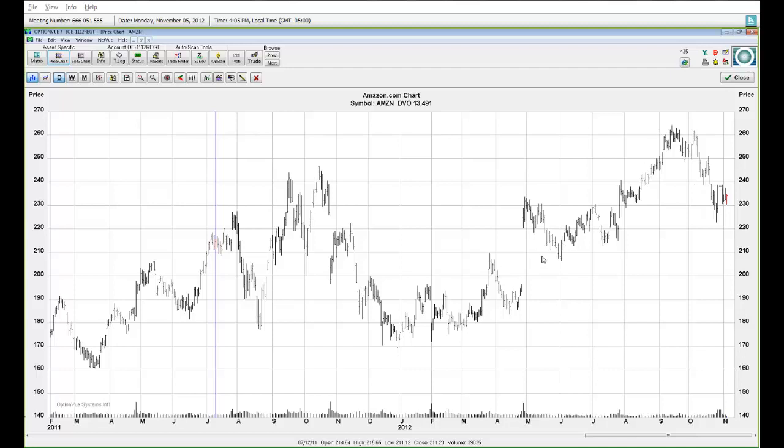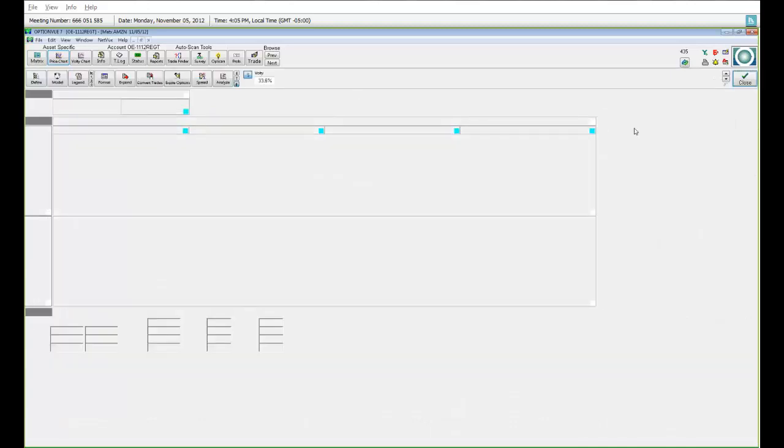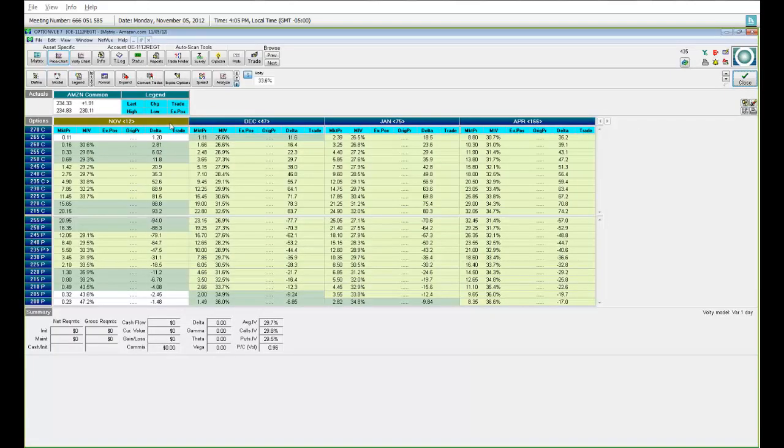So this is a basic little bar chart. On this chart, it's hard to see sometimes, but to the left of the bar there's a little hash mark, and it shows where the price opened in the day. The hash mark to the right shows where it closed. So maybe it opened up, maybe it went down, whatever. There's a lot of things you can infer from this. So that's a bar chart. We're more concerned about these things.